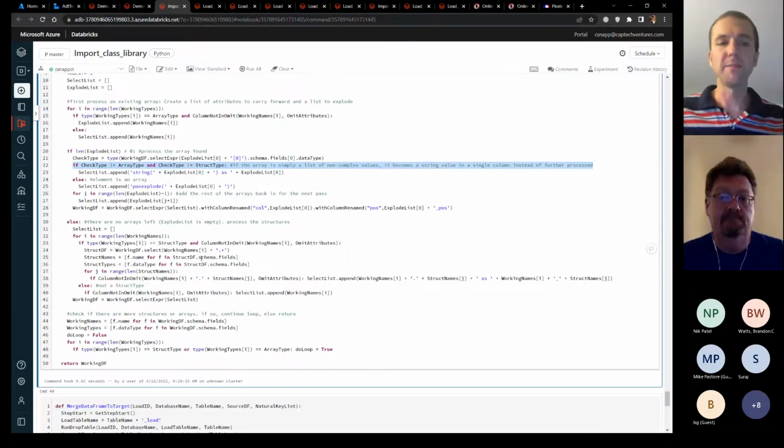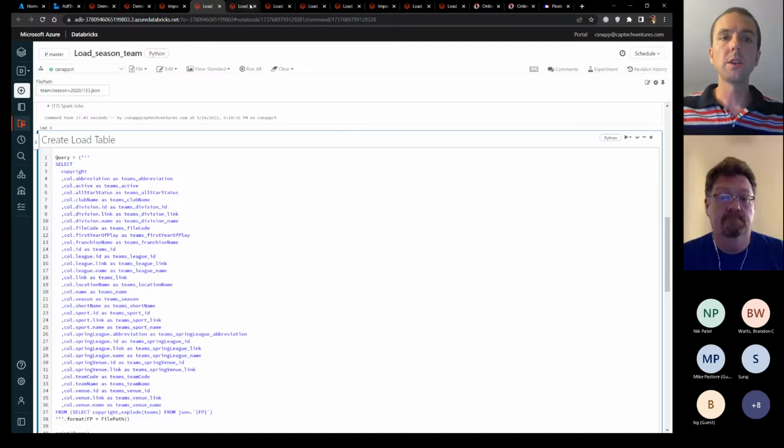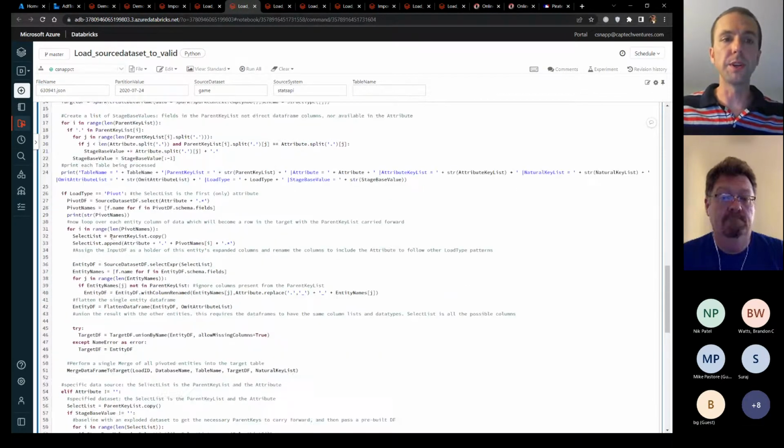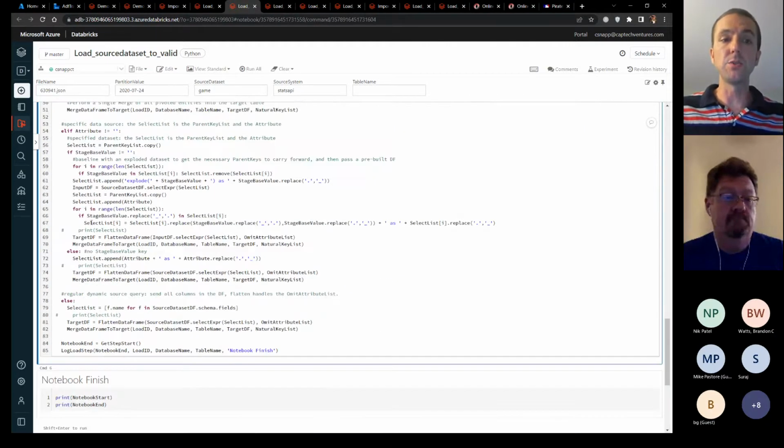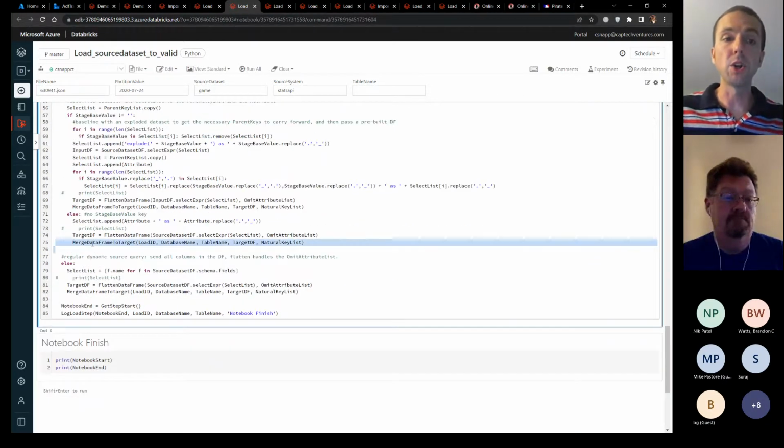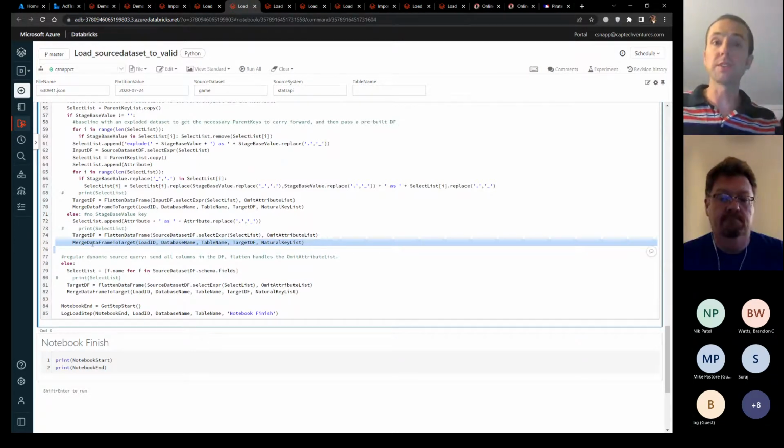This processes them. I just went through enough scenarios and testing and figuring it out that I built this function that then returns a completely flattened data frame back to the caller. So now this comes through, it loops over those tables, and it dumps everything into that same merge data frame to target method. That thing that I showed in the last notebook is still relevant, where it took a data frame that was flattened and then still does all the schema management.